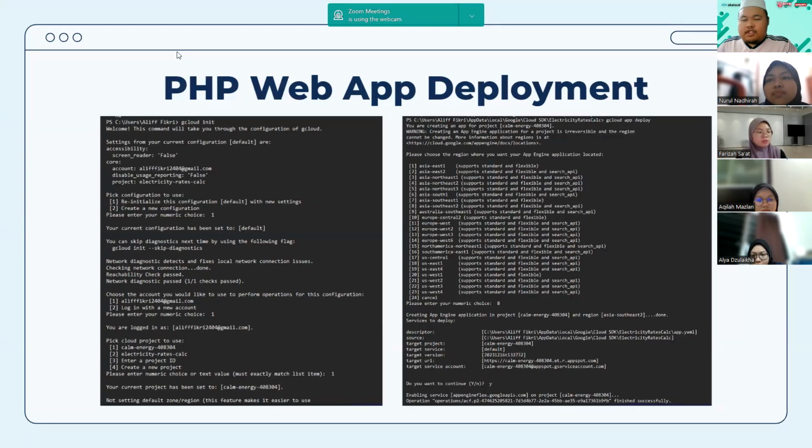Next, to initiate the deployment process in the Google App Engine, we need to open the terminal or command prompt in our Windows. Then we need to initiate the Google Cloud by using the gcloud init command. During the process, it asks us for the email that we use to control the app in the Google Cloud Console. For example, here I'm using Aliff2404 as my main email to control this